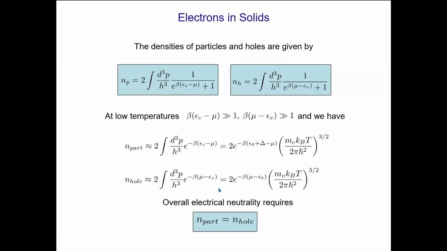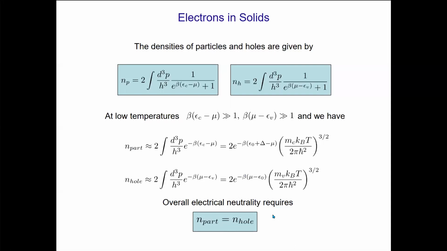Now, overall electrical neutrality requires that the number of particles in the conduction band should be equal to the number of holes in the valence band. Okay, because basically we expect that the number of particles escaping the Fermi surface is exactly the number of holes created under the Fermi surface. So these two densities should be equal, and if you look at this equation,